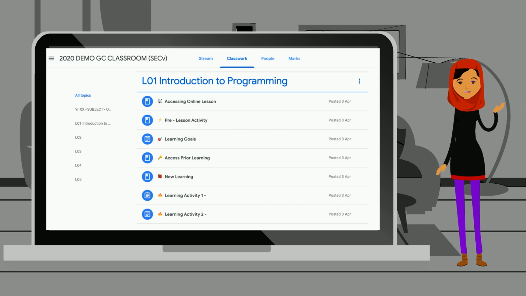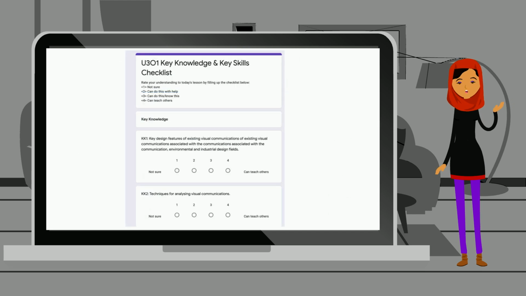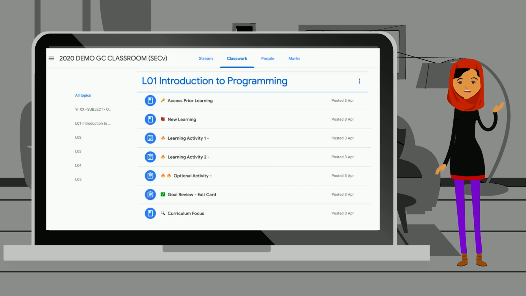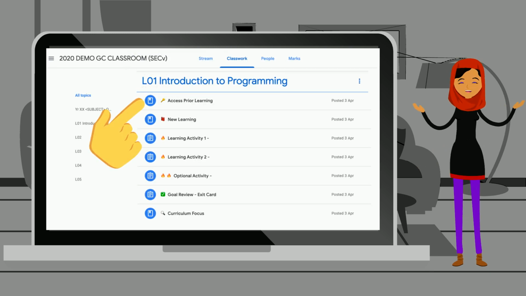In the Learning Goals tab, they will contain a checklist of the essential learning for the lesson. You will be required to complete the Learning Goals survey at the start and at the end of the lesson. Access prior learning. In this tab, there will be an activity that your teacher will engage you in at the start